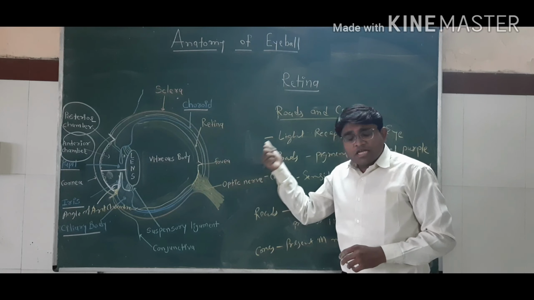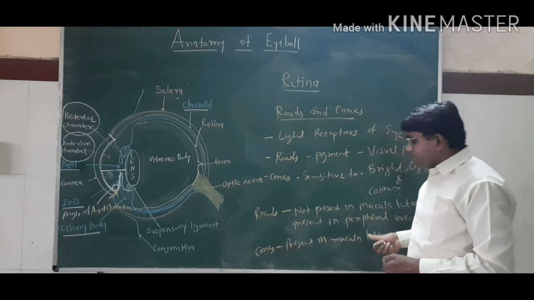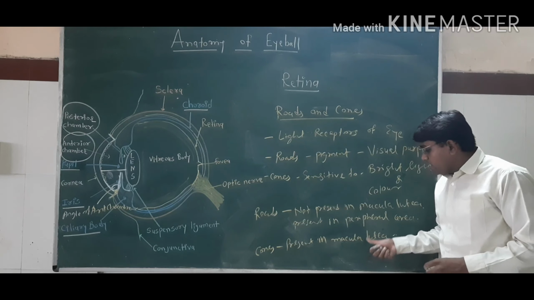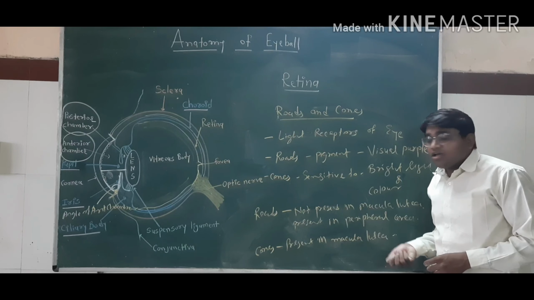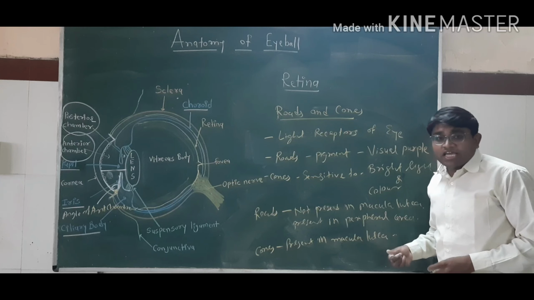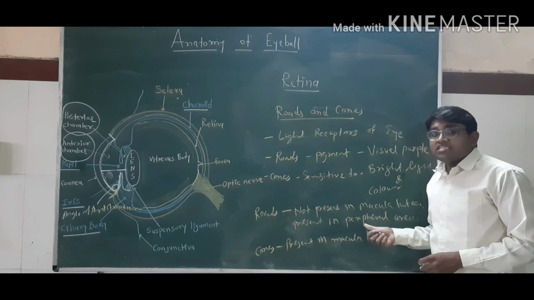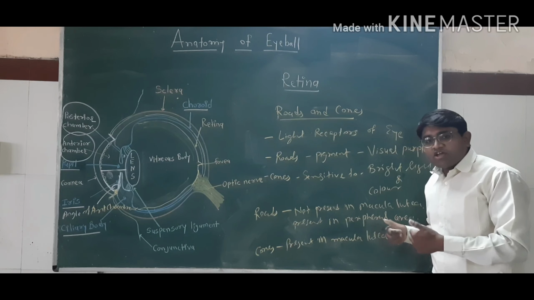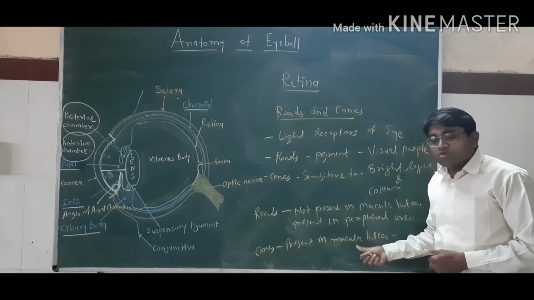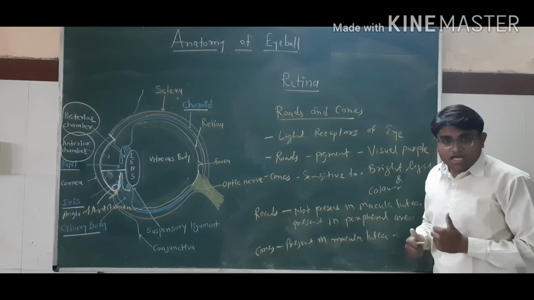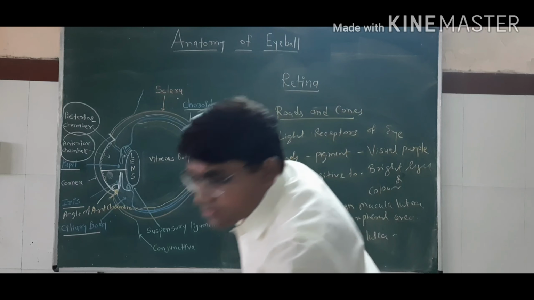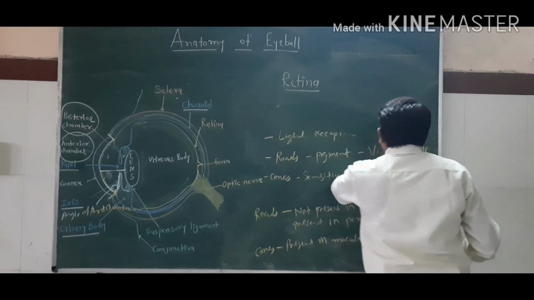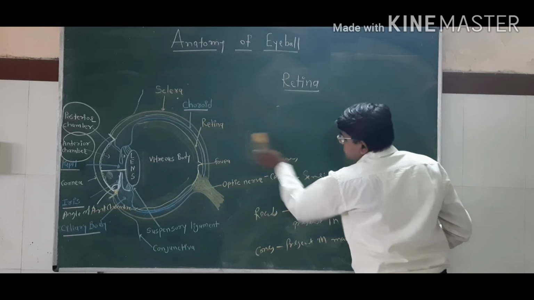So in the fovea, into the macula lutea, there is the presence of the cones. Okay, and they are responsible for the bright light and the color. So the maximum acuity of the vision is present in the macula lutea. Okay, so let me review first what we have seen.